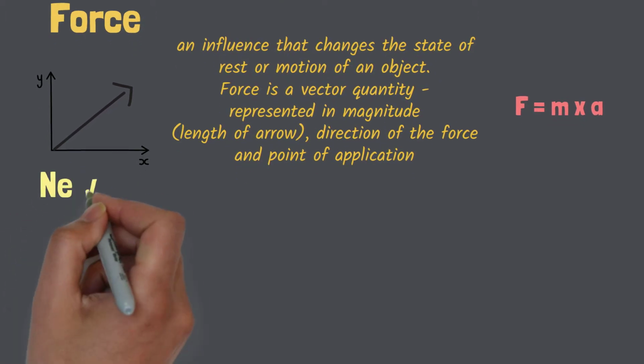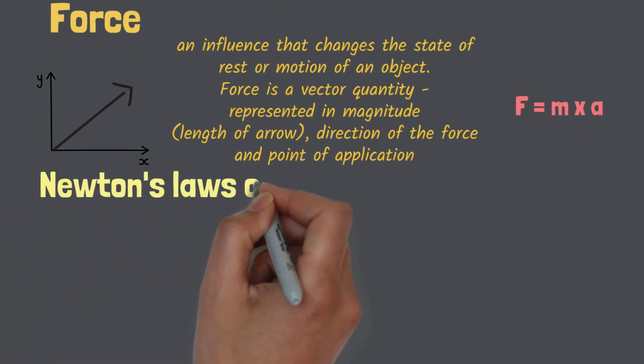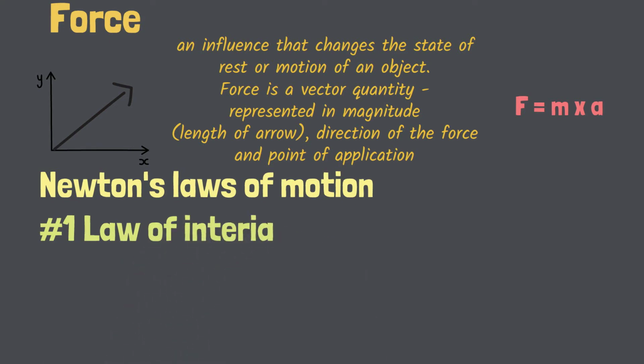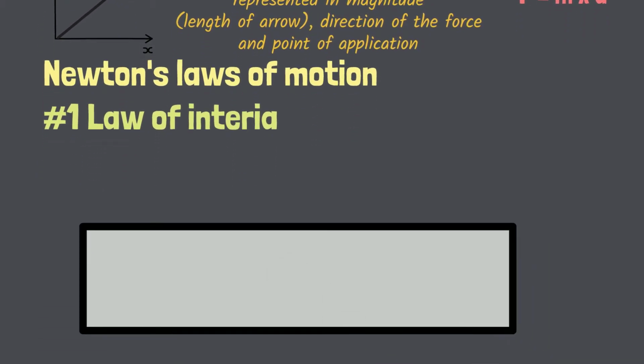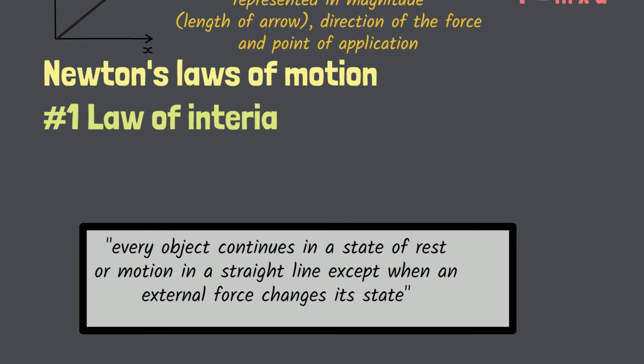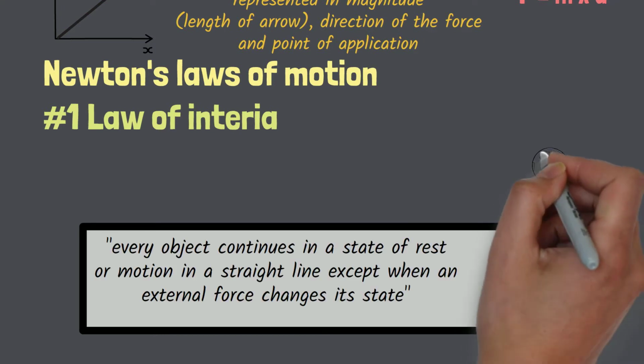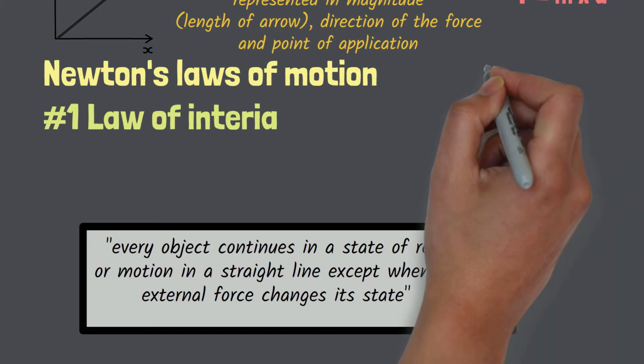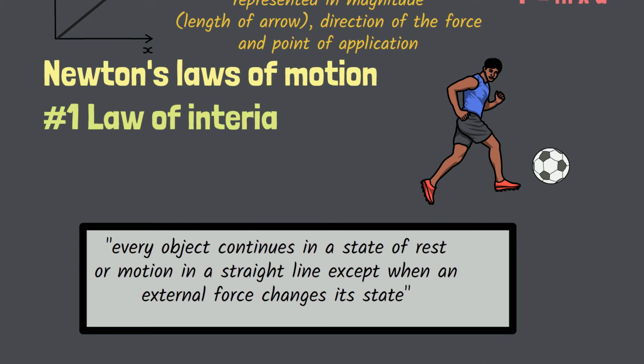That brings me to the next important concept in motion, which are Newton's laws of motion. The first one is the law of inertia, which means that every object continues in a state of rest or motion in a straight line except when an external force changes its state. For example, consider the soccer ball. This soccer ball is at rest and will remain at rest unless an external force, like a foot, changes its